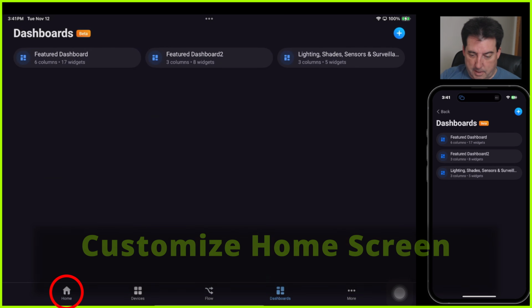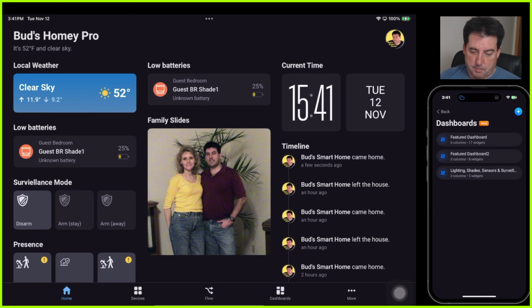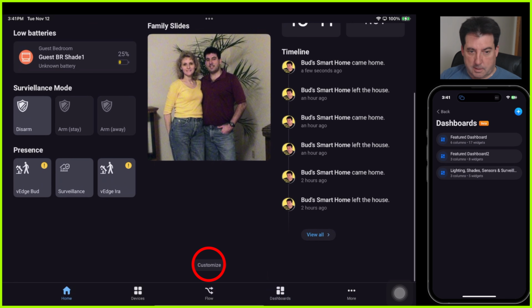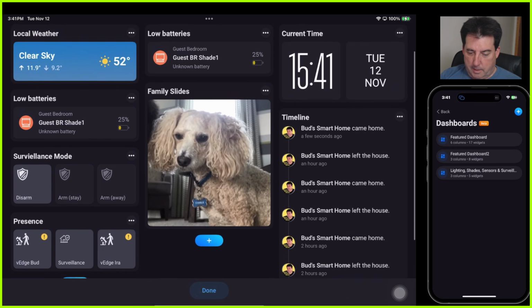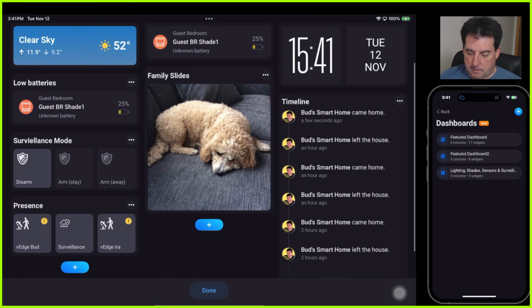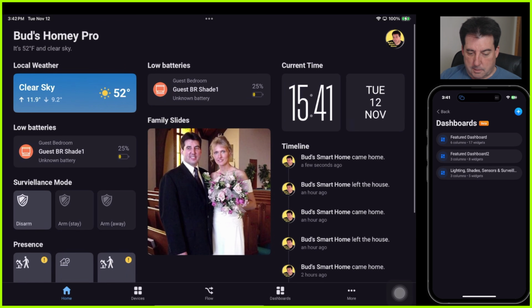Let's go to the Home tab. My home screen is a custom dashboard, and you can customize your home screen by going down to the bottom. You see this customize button at the very bottom. Tap on that, and you can add widgets, and you can switch everything around just like you can in dashboards. And when you're done, simply tap the done button at the bottom, and you have your own custom dashboard giving